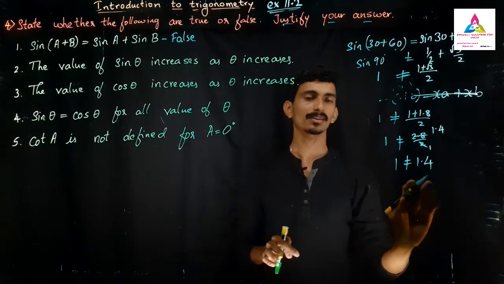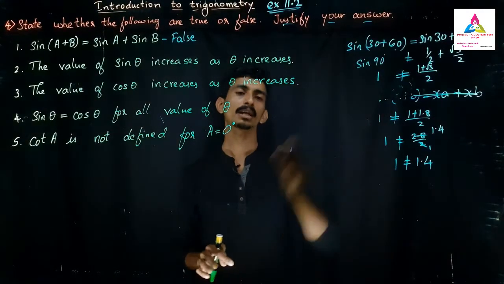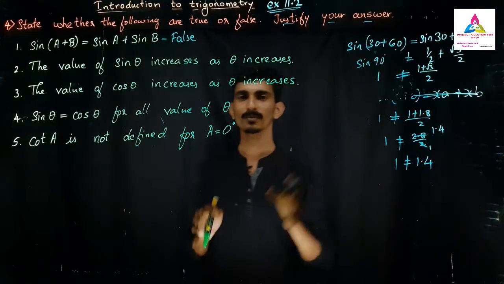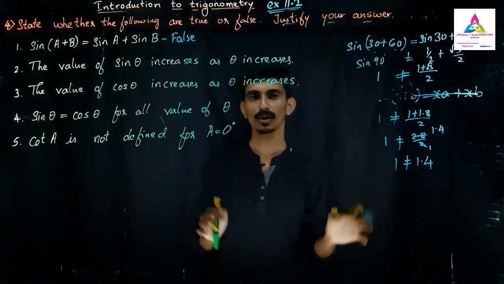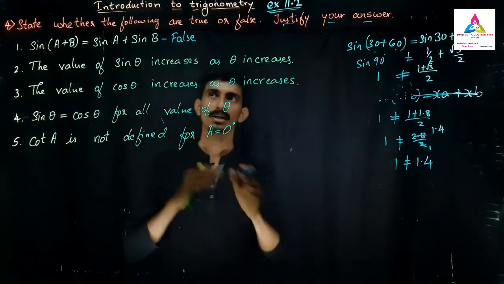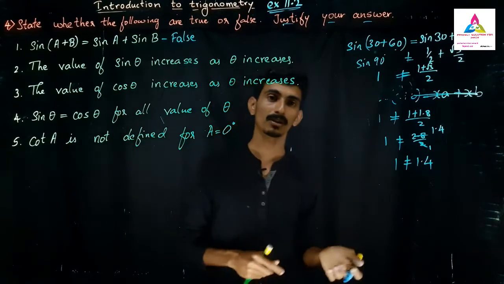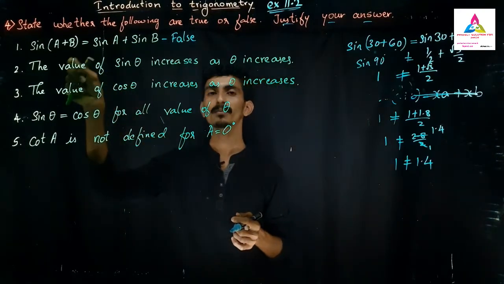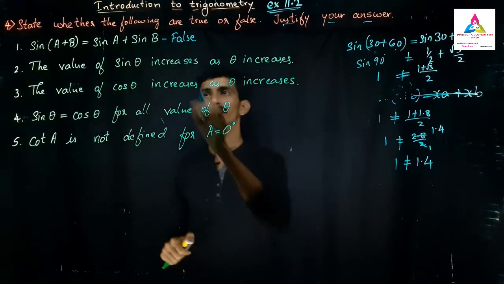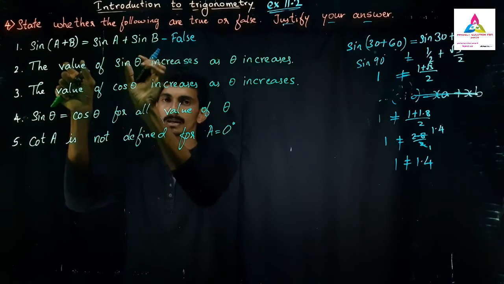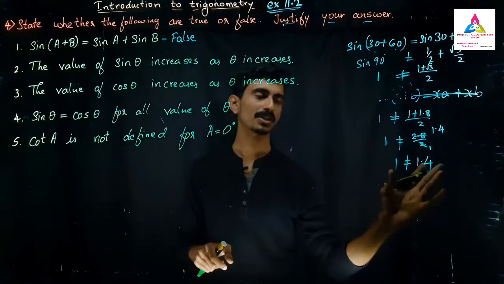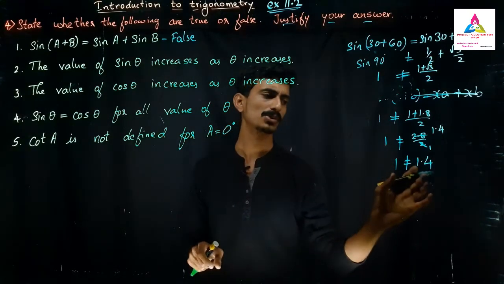From here we can see that both sides are not equal, but they may be equal when we take A as 0. For some values it will be equal, but not every time. If you take angle A as 0 degrees and angle B as anything else, it may be equal, but we want it to hold every time you substitute different values of A and B. Left hand side and right hand side should be equal, but that is not possible in this case, so it is false. That is our verification: just give one example which is not equal.